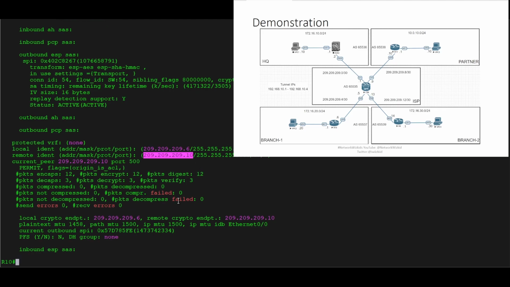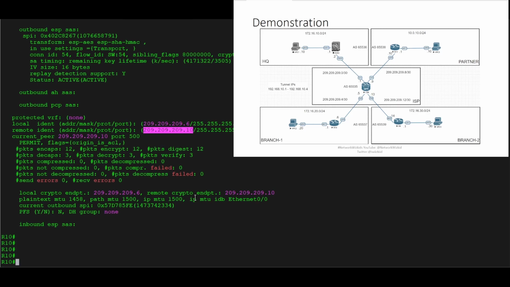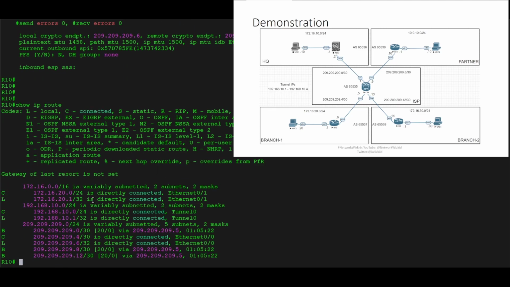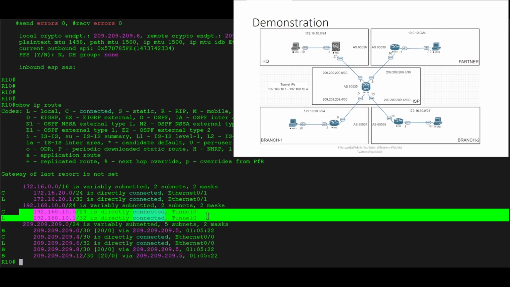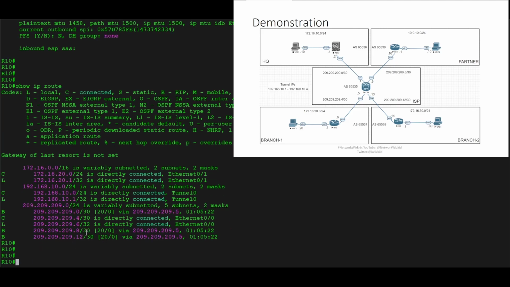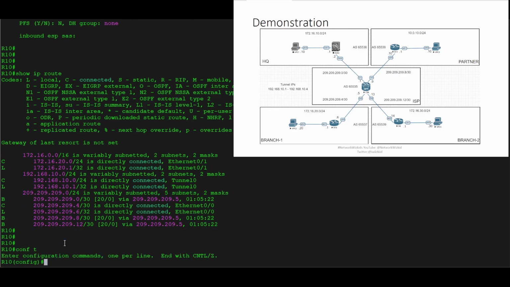Cool. All right, so now that that's done, let's do a show IP route. In fact, you can see that we've still got the same routes. Well, additional, we can see the connected and the local routes of the tunnel, which is what's expected. But we still don't see any information about the networks behind each site, and this is what we need to get to. So what we need to do is let's configure